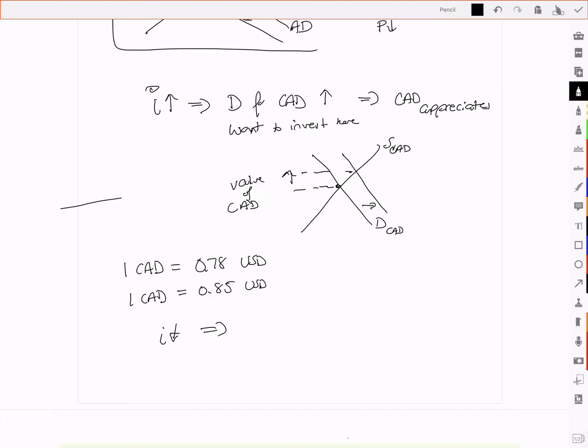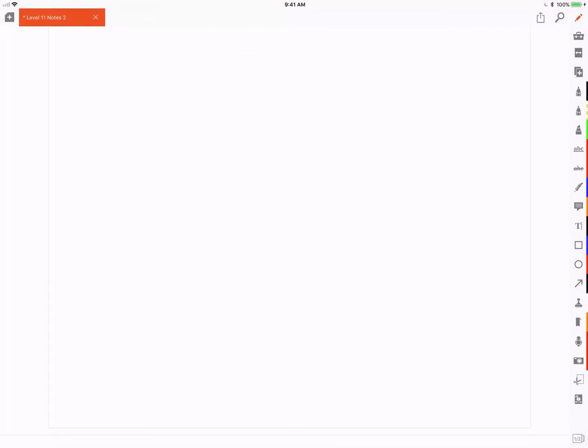We'd rather put our money into other countries that are earning a higher rate of return. So there's less demand for Canadian money and more demand for other currency. And when there's an increase in demand, say, for US dollars, so we'd rather invest with the US,